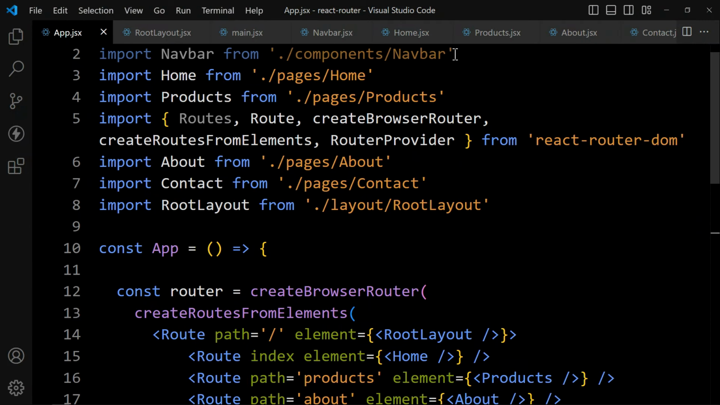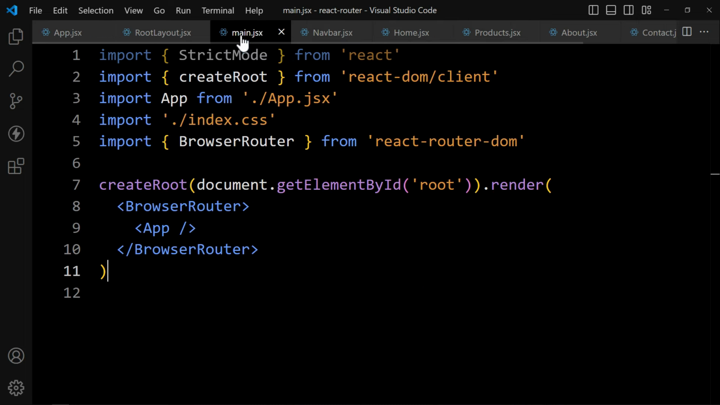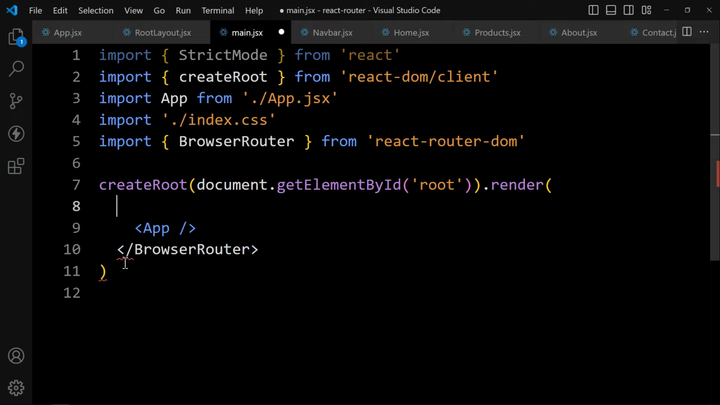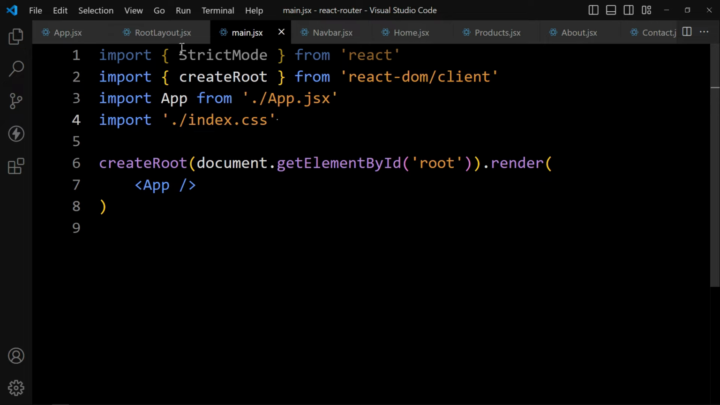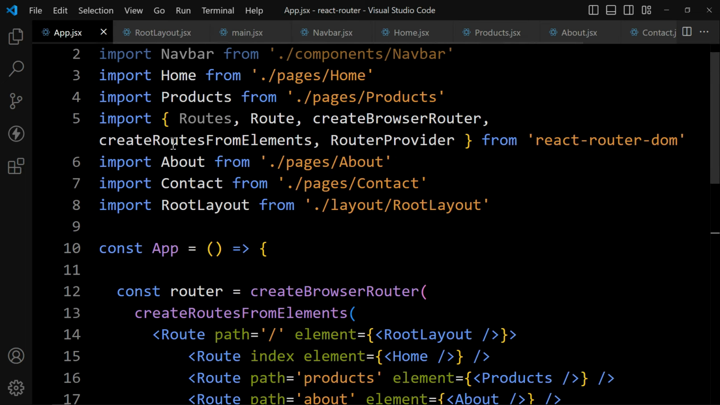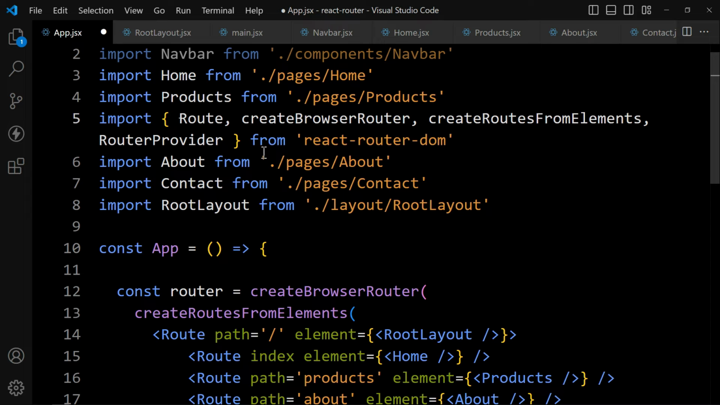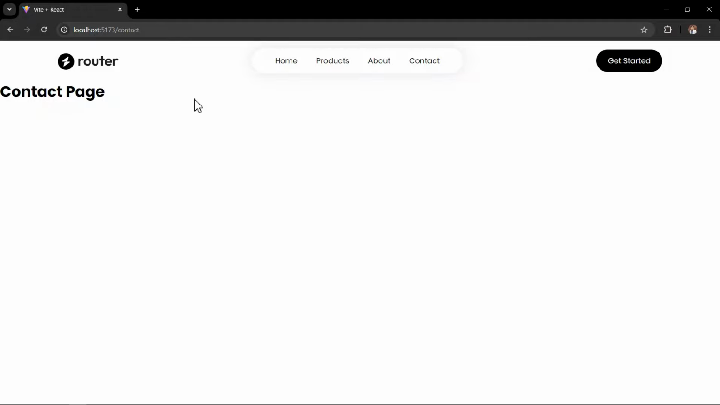So just come back and let's open this main.jsx file. In this main.jsx file, you can see we have used this BrowserRouter. So let me just remove it. Remove this import. Save the changes. And if I come back to this App.jsx, here also we have imported this Routes, so we can remove it. It is not required. Now let's save the changes. Now you can see it is working. We are getting the navigation bar, and here we have this message, contact page, because we are at the